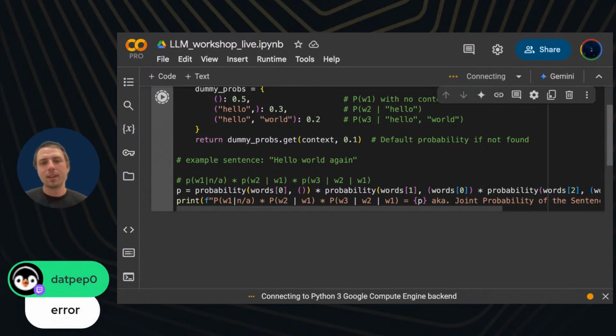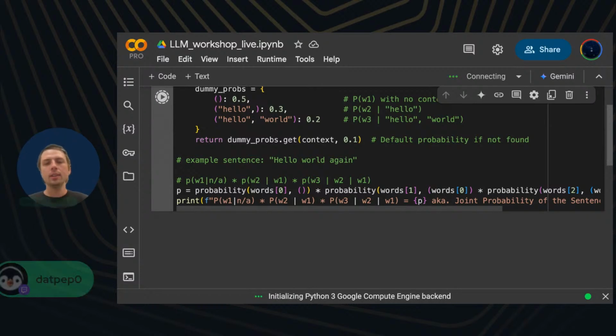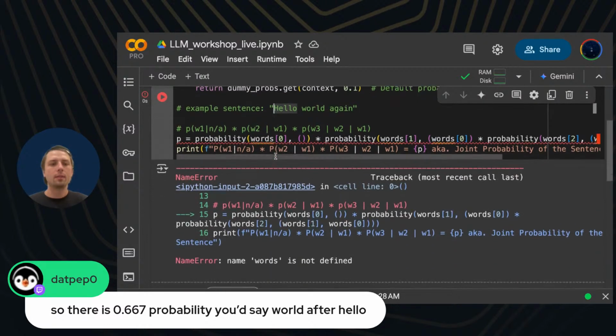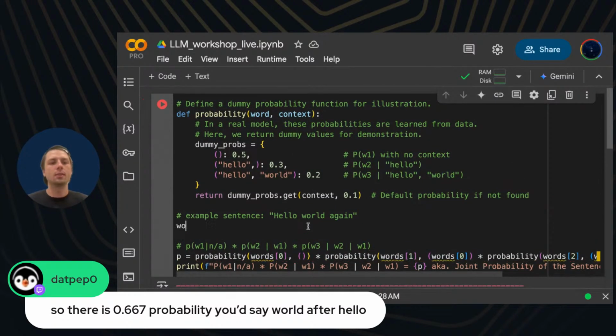Error, yeah, definitely an error, thank you. Even these things, they're not super smart. You still need to fix their problems sometimes. So it's got the error. Let's just run it one more time. Oh, I never gave a words list. Sorry, I put a words list in my original code.